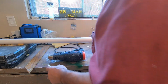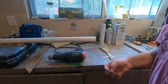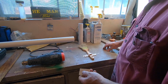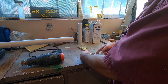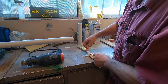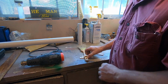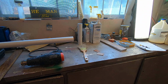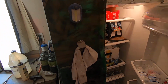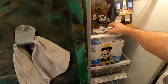That's just where I lay them to heat them up until they get pliable. And what I did is I took them and I bent them around this brush handle so they'd all be the same. So I had a nice square edge right there. I held it down like this until it got cool enough that it wasn't going to flex out too much. I could take it and set it in the refrigerator for it to cool off. And once they cool off,